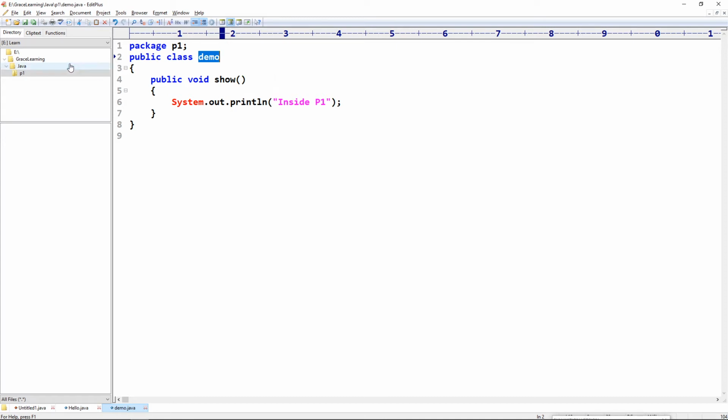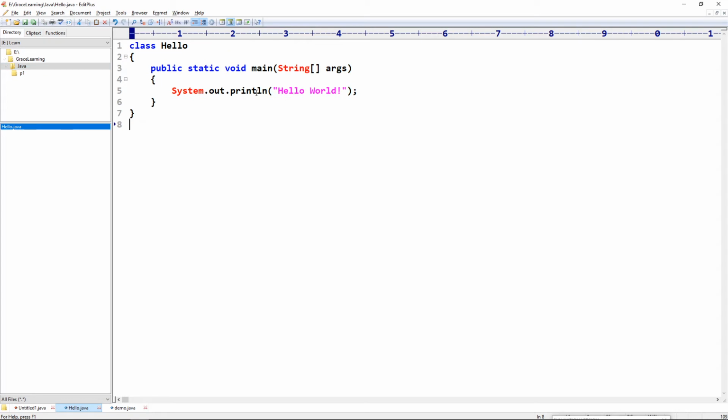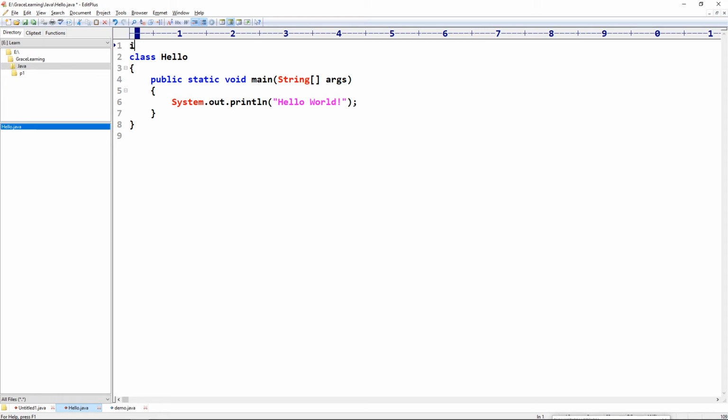Okay, let's come back to the main file inside the Java, hello.java. Now I will import that p1 package like this, import p1 dot star semicolon. Star means all the classes inside the package p1. So this is our package, and inside this package all the classes, but for now we have only one class, that is demo.